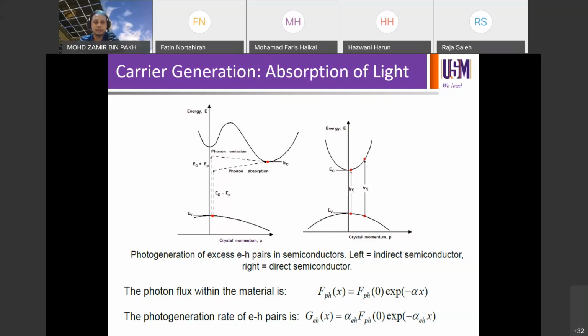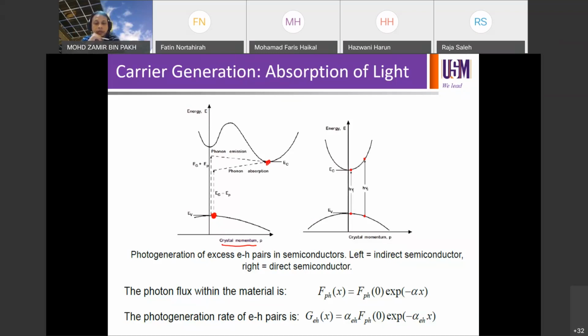On the left hand side is the indirect band gap semiconductor. You can see that the minimum point in the conduction band, as we discussed last time, is not aligned to the maximum point of the valence band. So they are at different crystal momentum values, the x-axis is different, and therefore they're called indirect band gap semiconductors, like silicon,